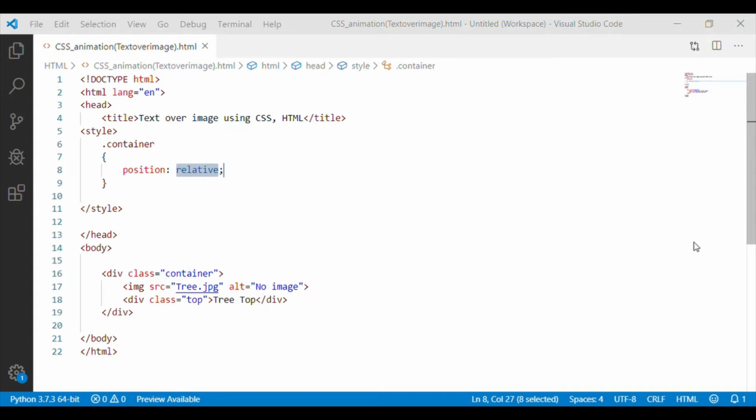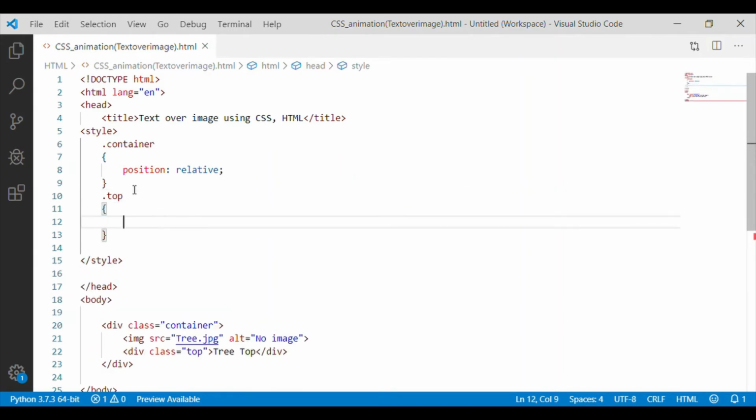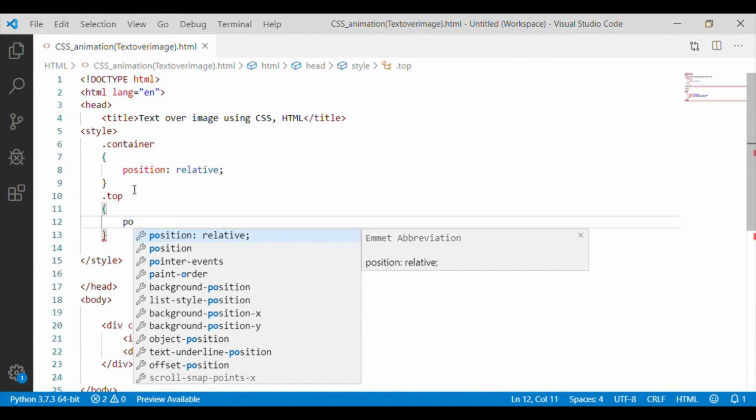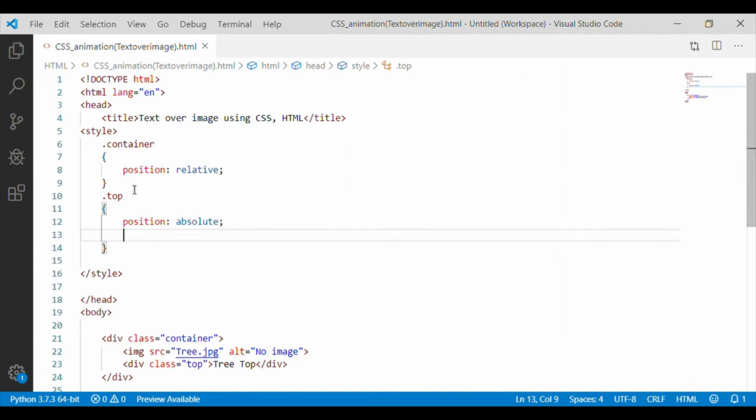Next, for the class top which holds the text tree top, we want to display it at the top center of the image. So for .top, we will give the position as absolute.